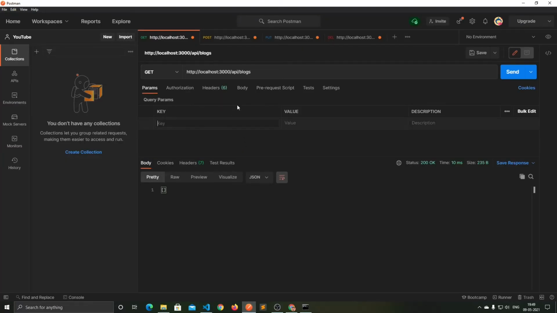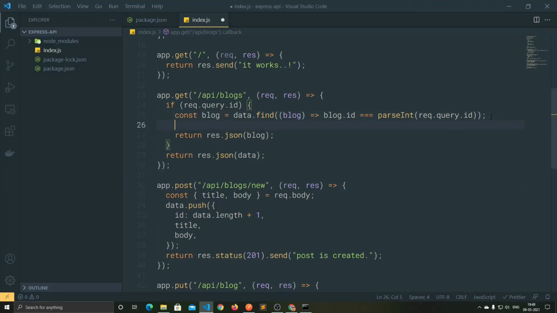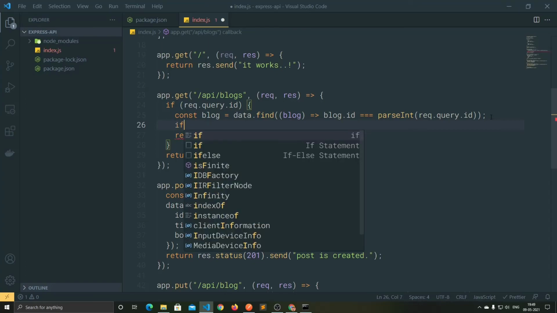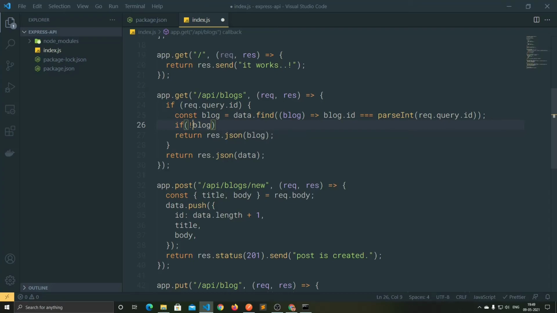So as of now we don't have any data, right? So if we ask for post with id 1, we are not getting anything. So we should respond that post with id 1 is not present. We need to tell the client. So here we will simply check: if no blog, it means this blog is empty,